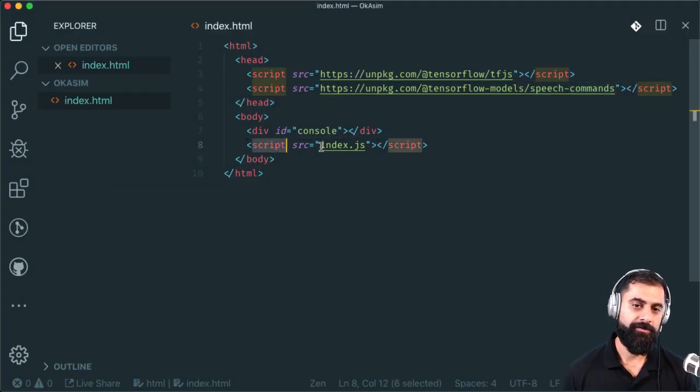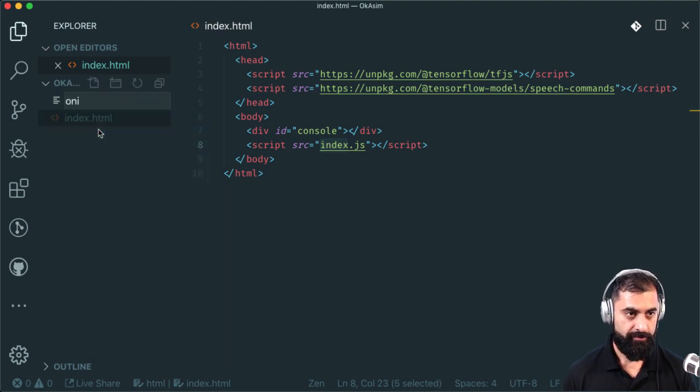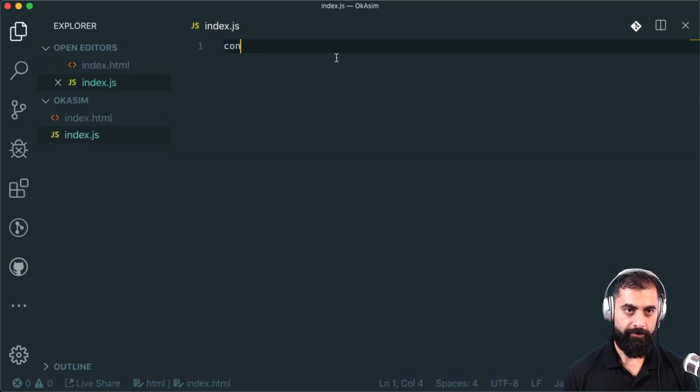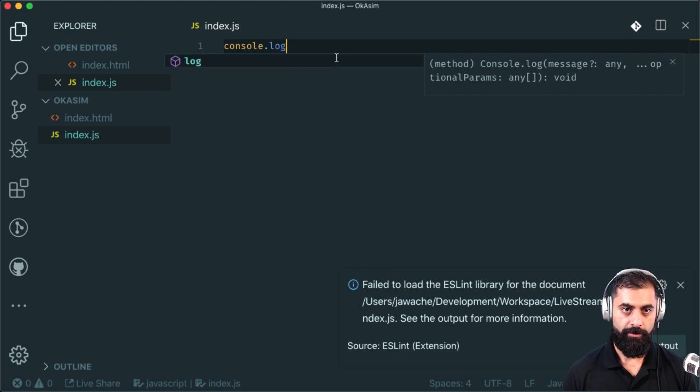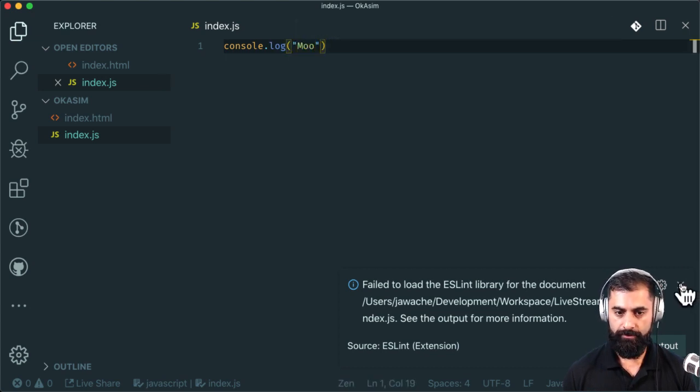And it's going to load an index.js. So let's just actually create an index.js as well. Okay. And I'm going to do console log moo, because that's what I do.